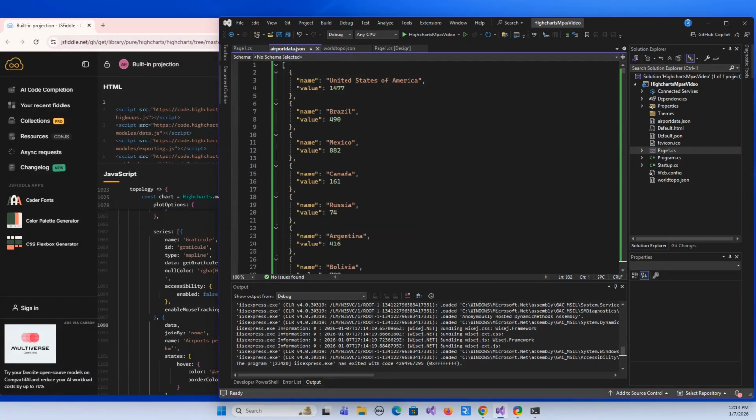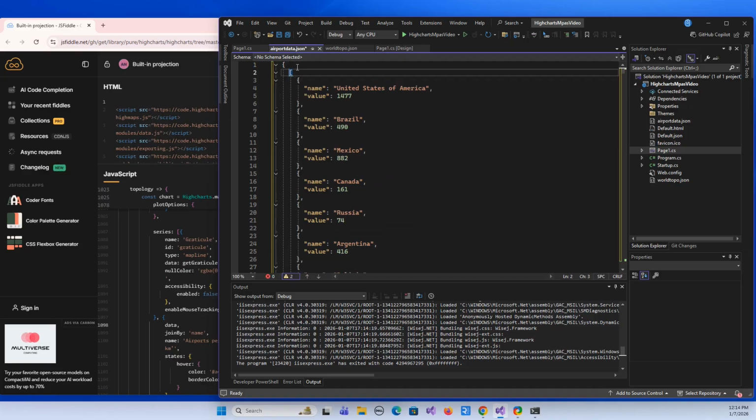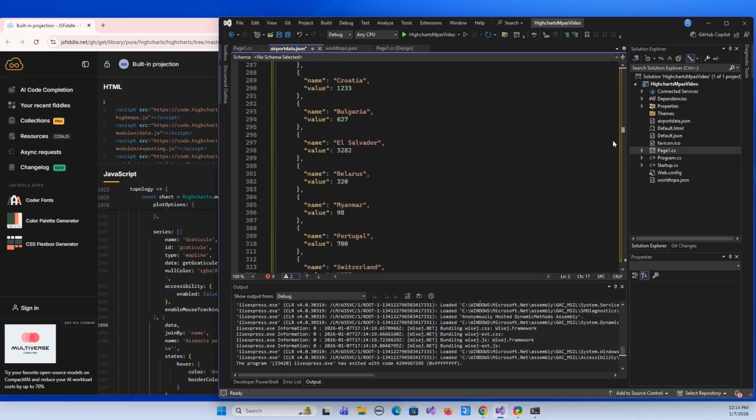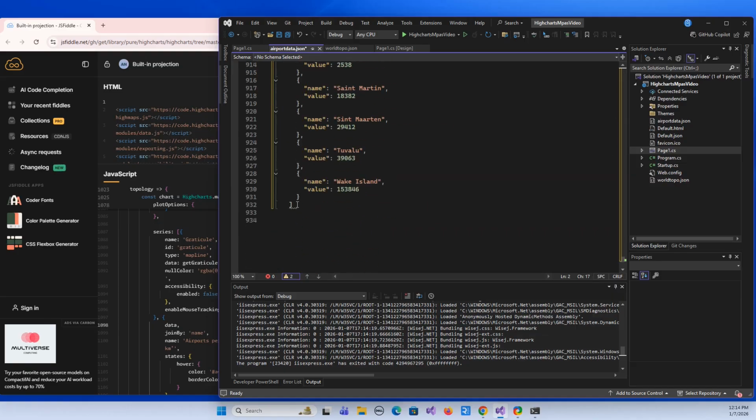We keep it as an array, but we could save it inside of a JSON object. So we could call it airport data. And let's see, we have open bracket, open bracket. So we need another close bracket at the end. If we save that and then run it,